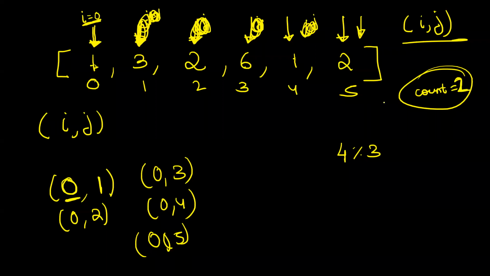So I am telling you that once you have fixed the starting index as 0, there are two good pairs. One is 0, 2 and the other is 0, 5. Do you all agree with this? See, your count has become 2. That is, when you have fixed your I at 0, there are two good pairs that are possible for us. Okay? But now I tell you,